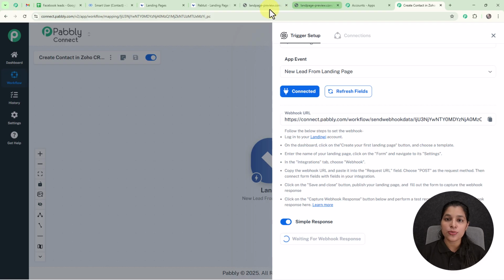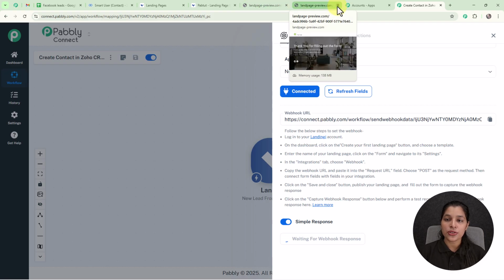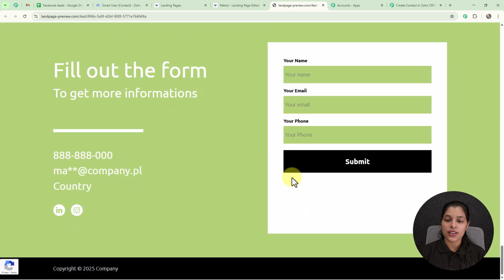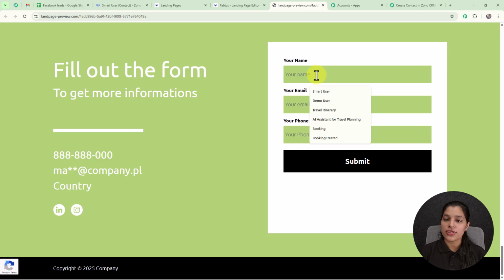So now let's move on to my form again, and here I'm going to remove my previous form. Here you can see this is the page I have created my form. Now let's scroll down, and here again I'm getting my form. So now I'm going to fill this form, providing my name as demo user, email